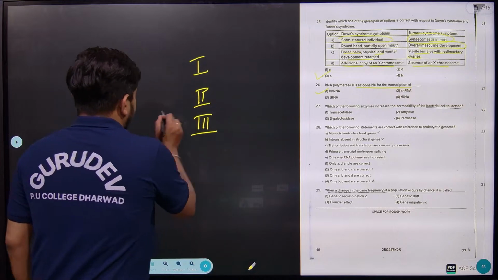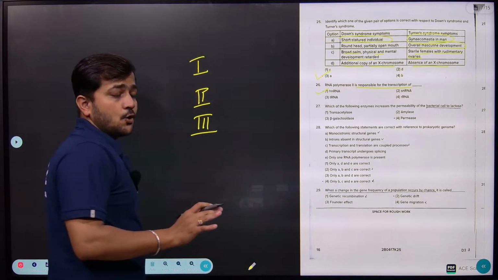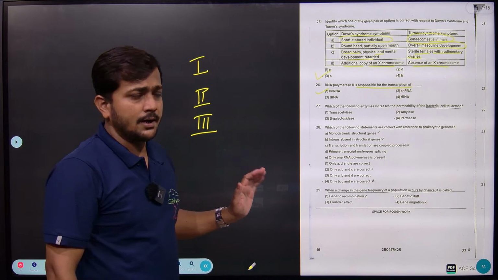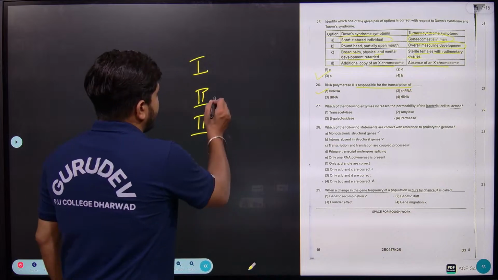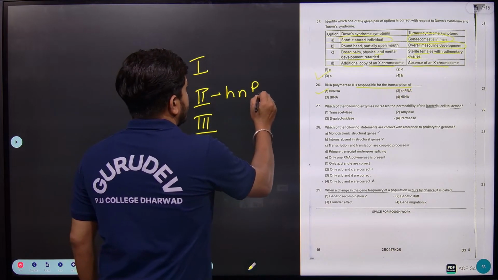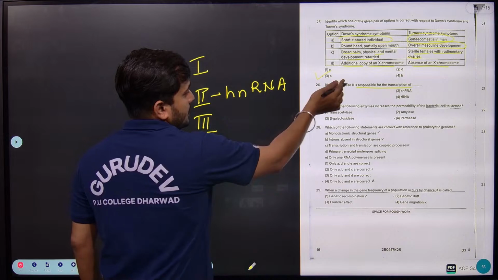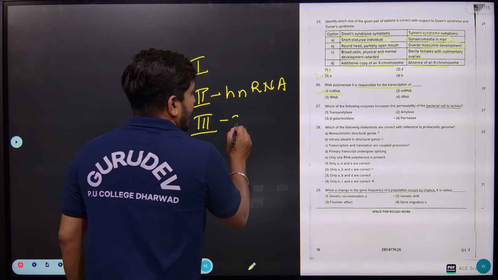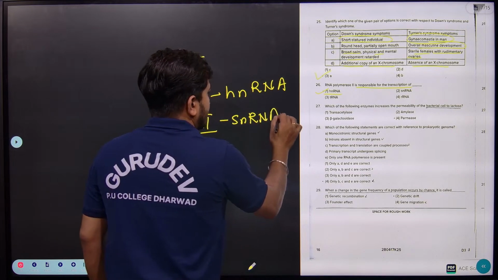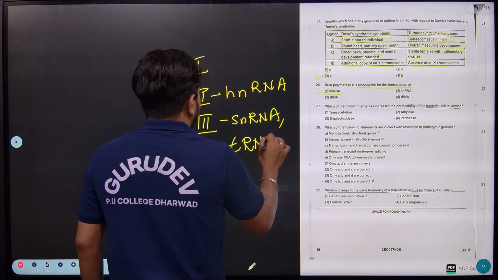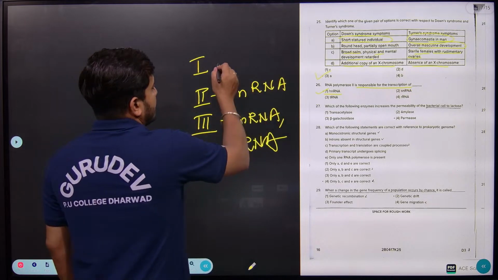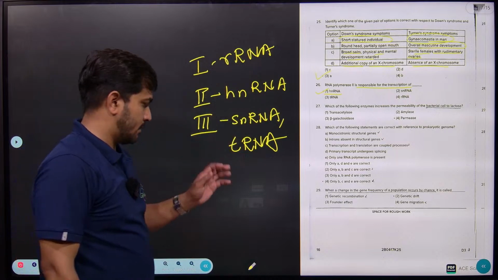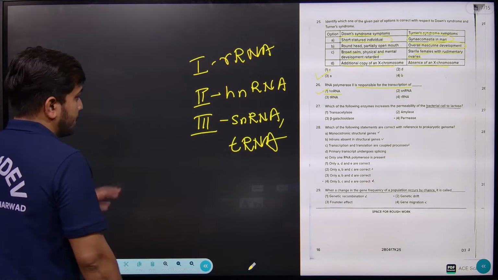So here, what you should remember, in prokaryotes only one type of RNA polymerase you are going to get, not these 3, 1, 2 and 3, right. So here hnRNA can be produced by RNA polymerase 2. So with respect to this, answer is 1, right. But snRNA as well as tRNA can be produced by RNA polymerase 3, and rRNA is produced by RNA polymerase 1, right. Like that you are going to find out, right.